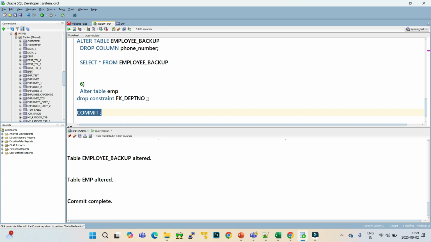DDL statements, by the way, are auto committed, right? For DML statements, you have to specifically commit, but it's always a good idea that whenever you make any changes, do a commit for the safe side, right? So if I go to my EMP table,